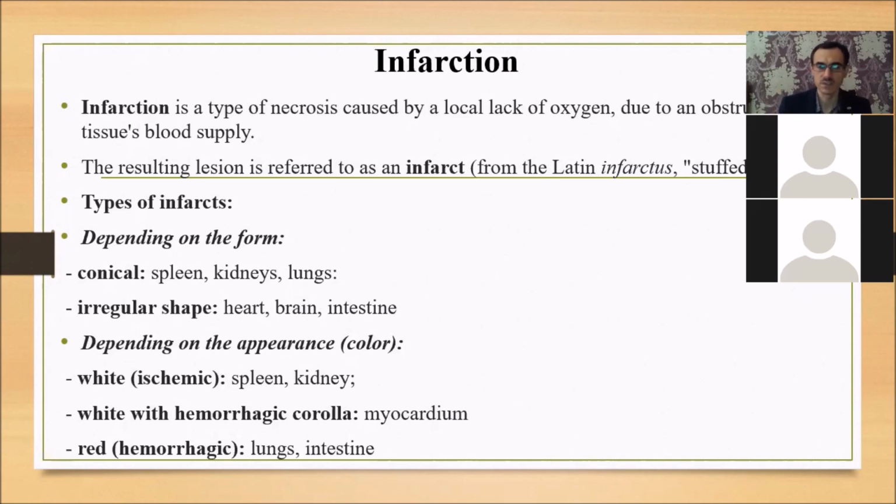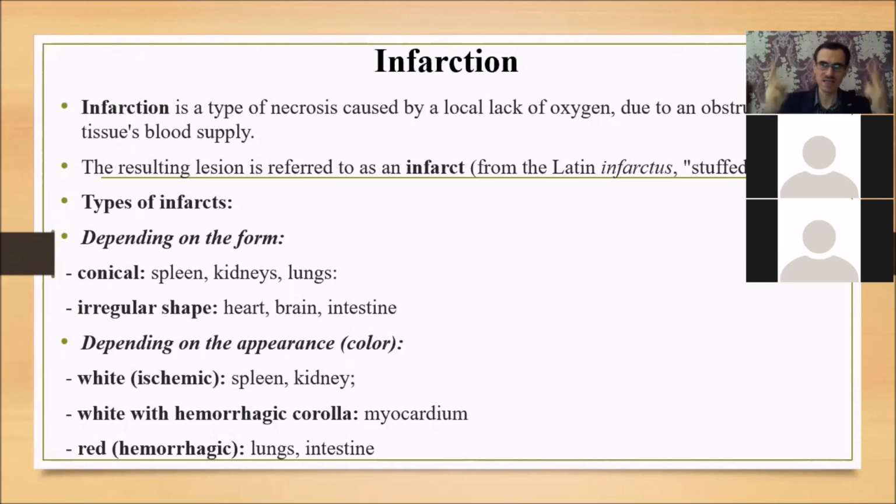For example, you know from the anatomy that the spleen, kidneys, and lungs have the hilum, and the arteries, after entering the organ, branch dichotomically. You remember, for example, the structure of the kidneys. The renal artery enters, giving lobar arteries, then interlobar arteries. Do you remember interlobar, interlobular arteries? Depending on the appearance,